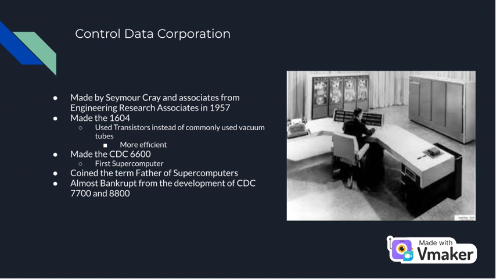The CDC 6600 laid the foundation for modern supercomputers by introducing pipeline architecture, while also pushing for more innovation from competitors. Because of this invention, Seymour Cray was now known as the father of the supercomputers. The supercomputer was a big success. However, designing the next two computers, the 7600 and 8600, left Cray's company almost bankrupt. So Cray decided to start another company called Cray Research and leave Control Data Corporation behind.